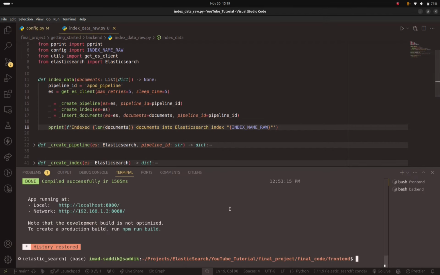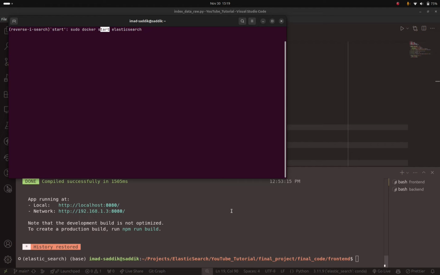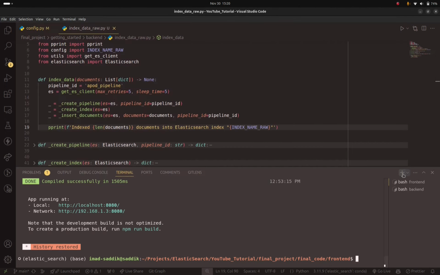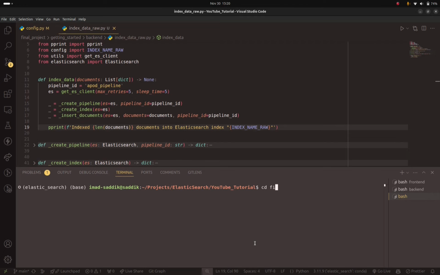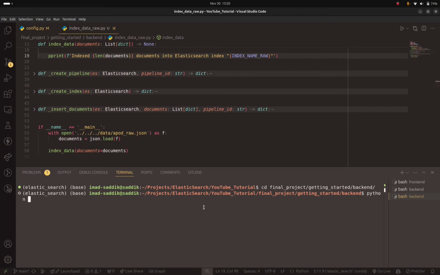Open the terminal. Make sure that the ElasticSearch container is up and running. If it is not, you can run sudo docker start ElasticSearch to start it. Make sure that you are inside final project getting started backend, and now we can run our new script